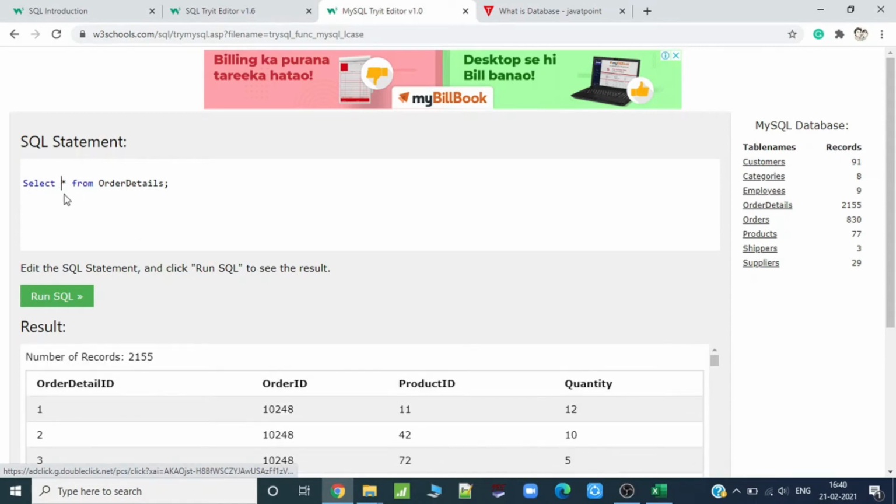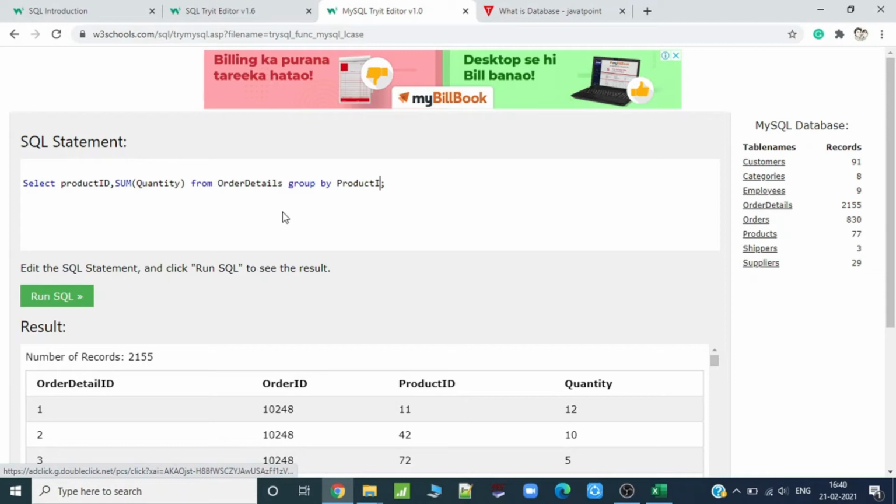So what I can do, I can write product ID, comma, sum of quantity, right? But we will have to use the group by function. Group by product ID.